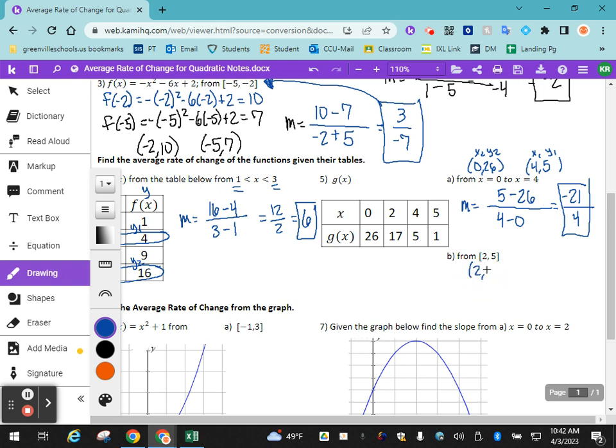So my points are 2, 17 and 5, 1. So y2 minus y1 over x2 minus x1. Negative 16 over 3. 16 isn't divisible by 3, so I'm good with leaving it as that fraction. So sometimes you'll get whole numbers, sometimes you'll get fractions. Okay, so that's how you change from a table, easier than from an equation because it gives you the x and